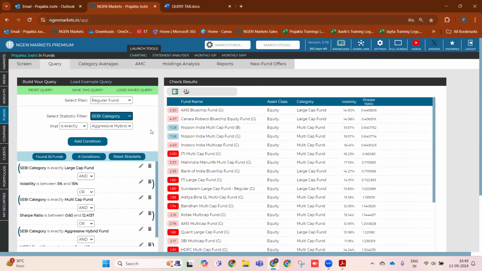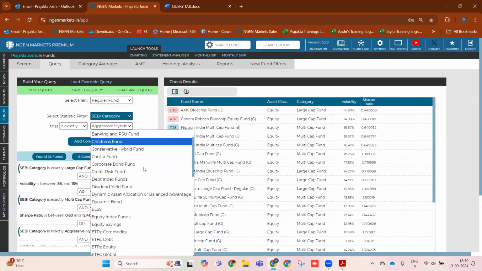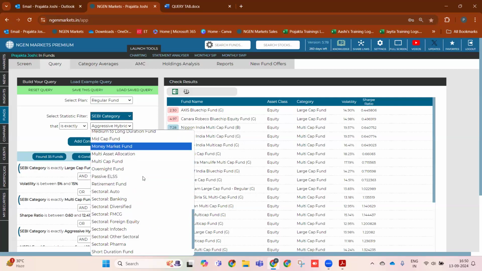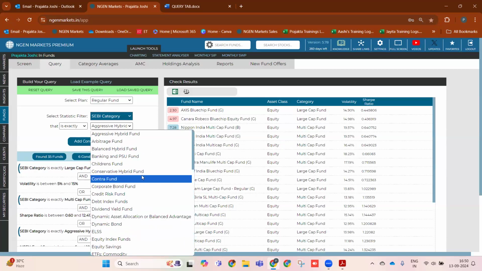You need not keep on applying brain again and again to build these conditions. Once you've put those conditions in place, you're through. You can save this query and load it multiple times whenever you want to refer back. So dynamic bond funds,